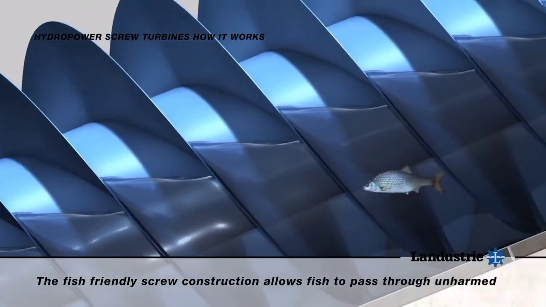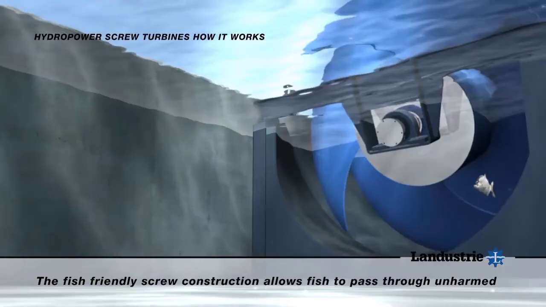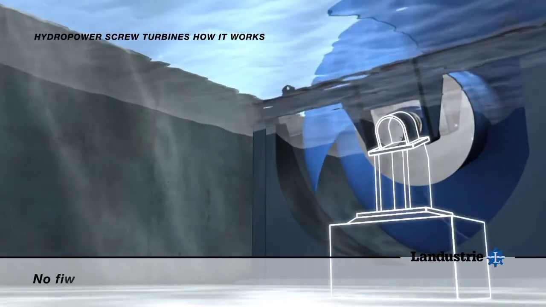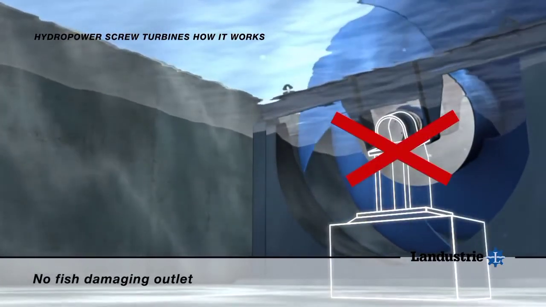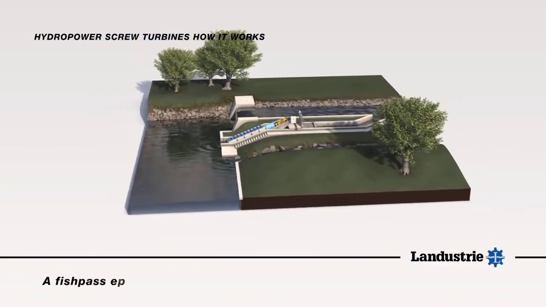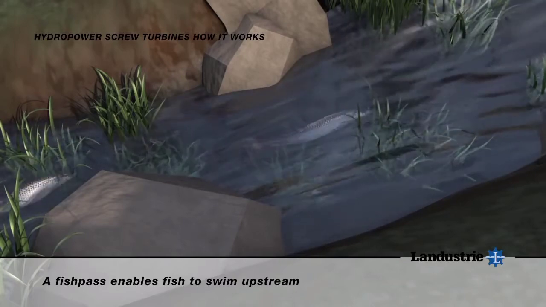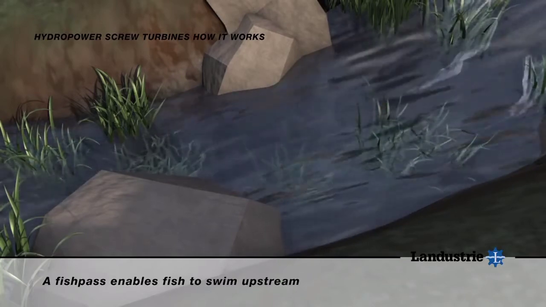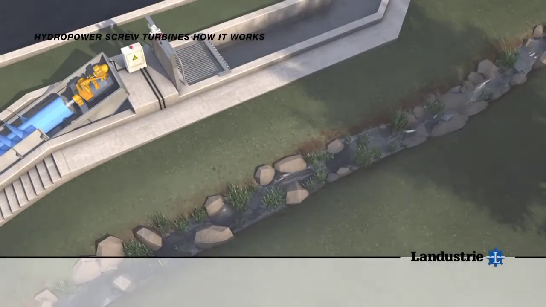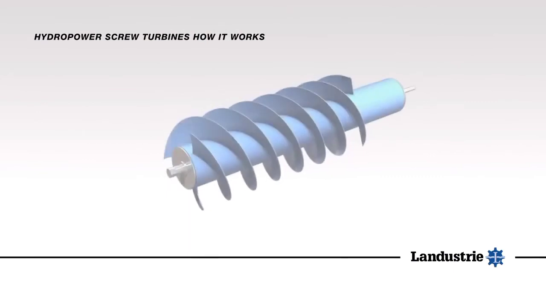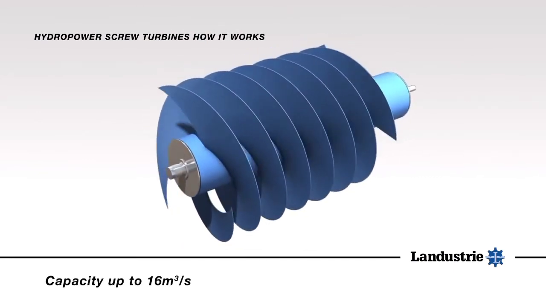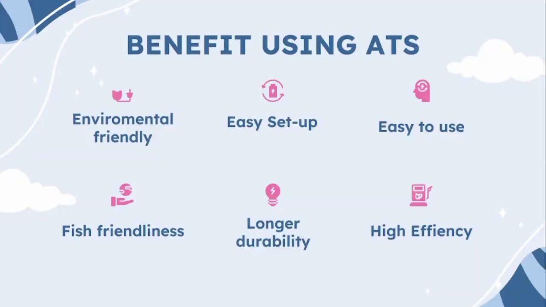Third, it can be easily set up in a small canal, pond, and rivers, etc., as the head requirement is not much, 1 meter to 10 meters. Fourth, the maximum turbine efficiency of an AST is up to 92% with a flow rate of 0.2 to 0.8 meters per second with a head from 0.8 to 10 meters.